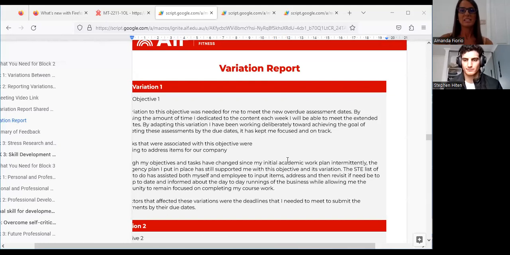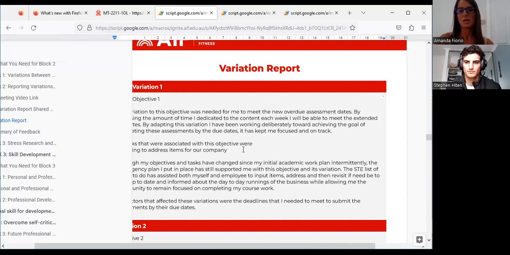Okay, so as I've just shared with you, my objective 1 was slightly changed because of the overdue assessments, and the contingency plan to do with the risk. I have my own business with my business partner.